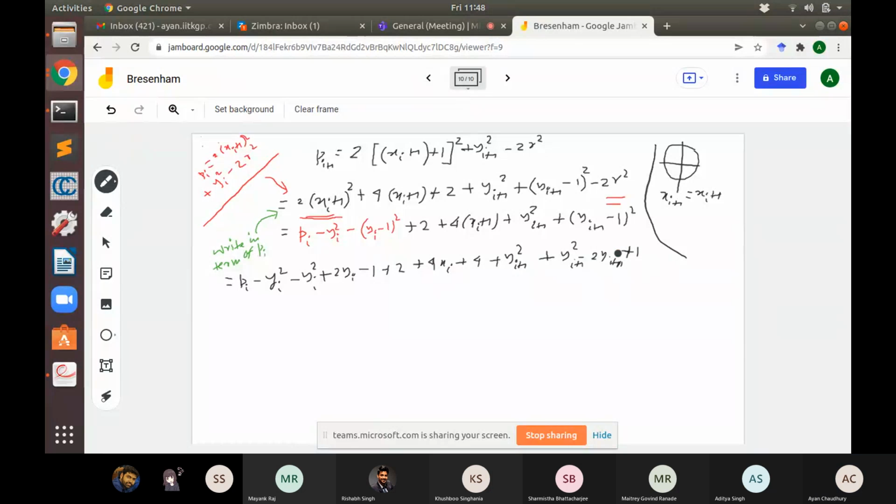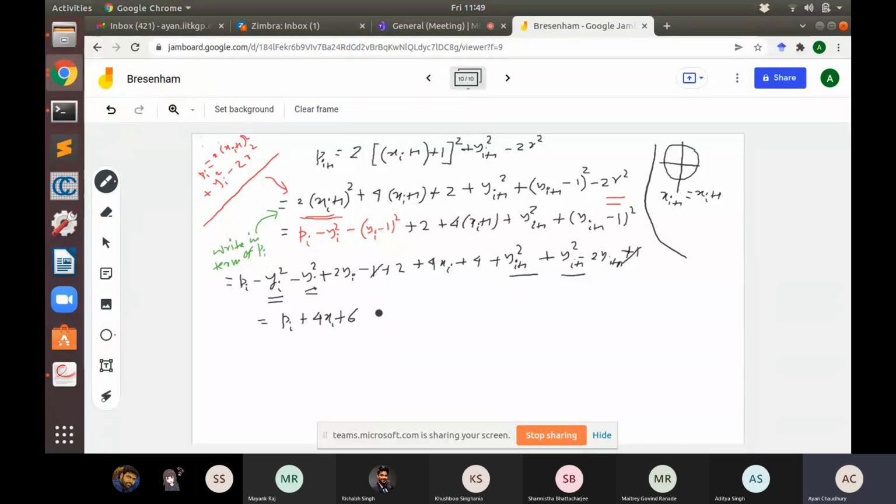Is it okay? You just simplify this, nothing else. Okay. So here plus 1 minus 1 gets cancelled out, and there are 2yi squares, and also there are 2 yi plus 1 squares. Okay. So this is equal to then pi plus 4xi,